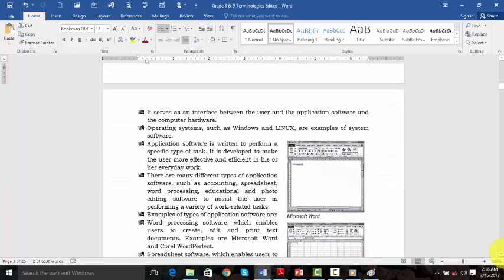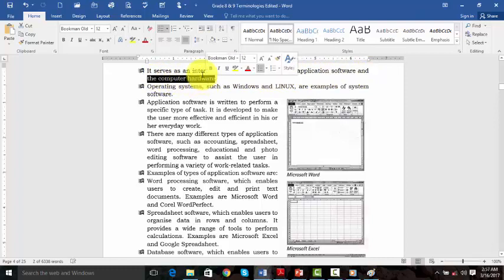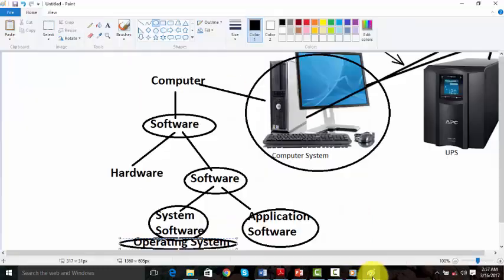Let us move on, students. Now we are going to look at the part which says this system software serves as an interface between the user and the application software and the computer hardware. So now we need to understand what the word interface means. Let's say for example we have the user here.